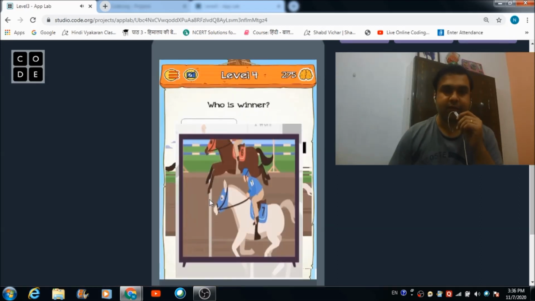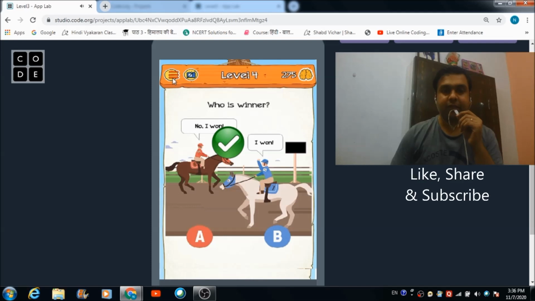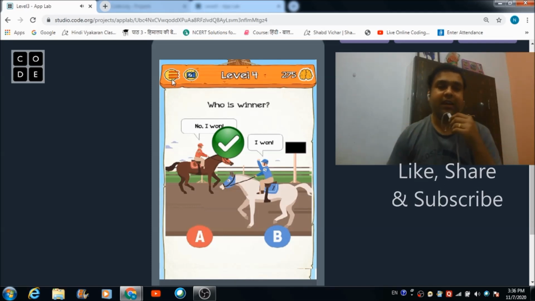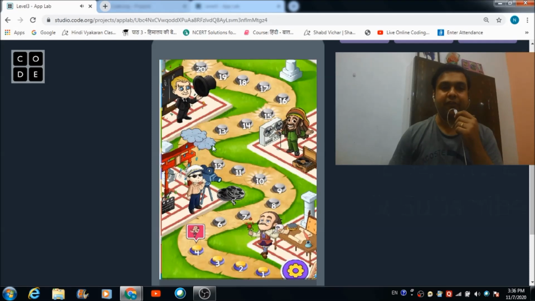Yes, so this is the winning line, and as you can see here, this picture is reflecting that this brown horse is the winner. Let's hit this A button. Absolutely correct. Fine. So this is how you can develop a very creative mobile application on this code.org platform.